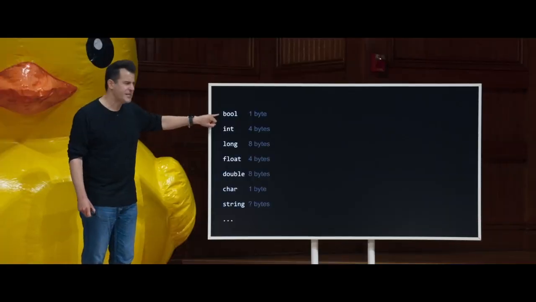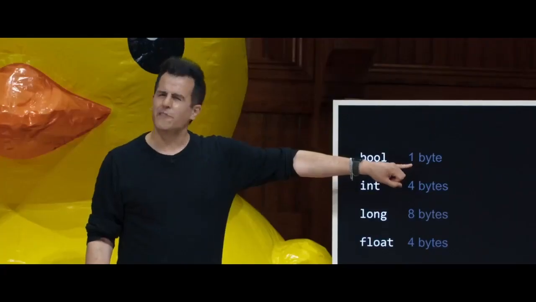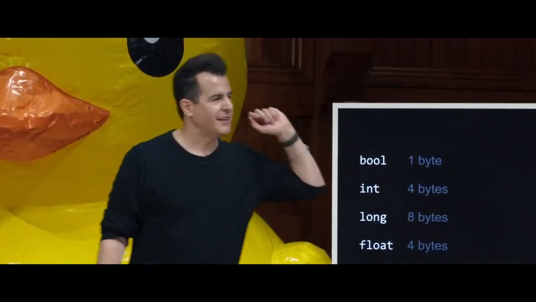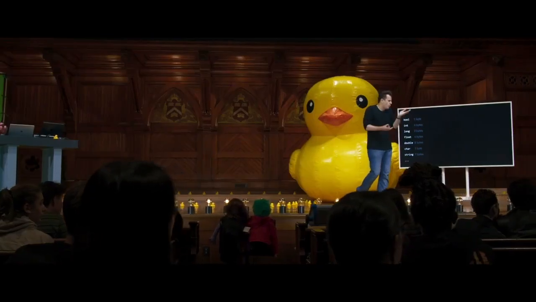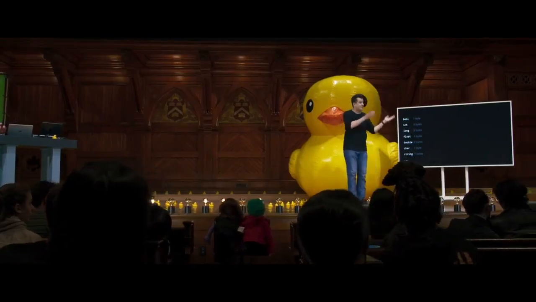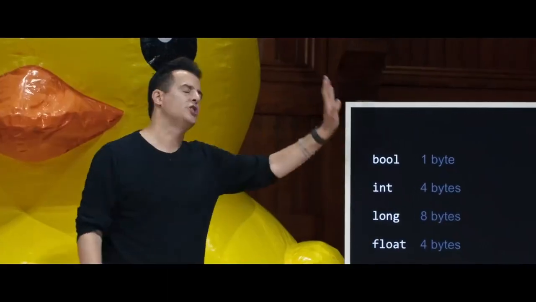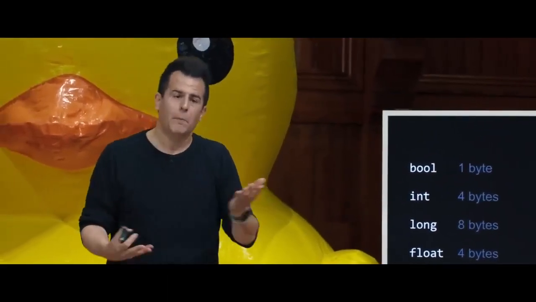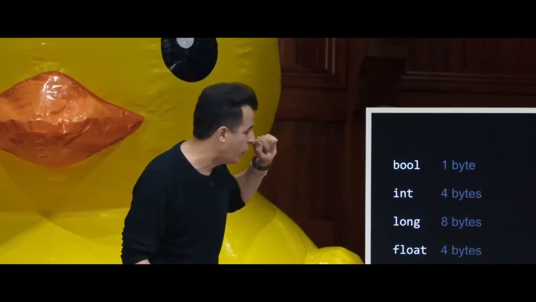Meanwhile, a bool, interestingly, is a byte, which is kind of bad design in what sense? Why might that be bad design? It should only be 1 bit, rather, because a 0 or 1 should suffice. Turns out it's just easier to use a whole byte, even though we're wasting 7 of those bits. But bools are represented nonetheless with 1 byte.